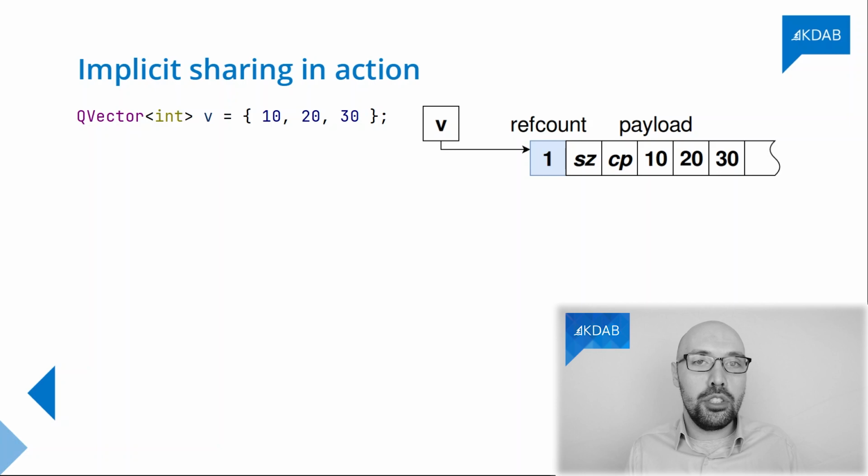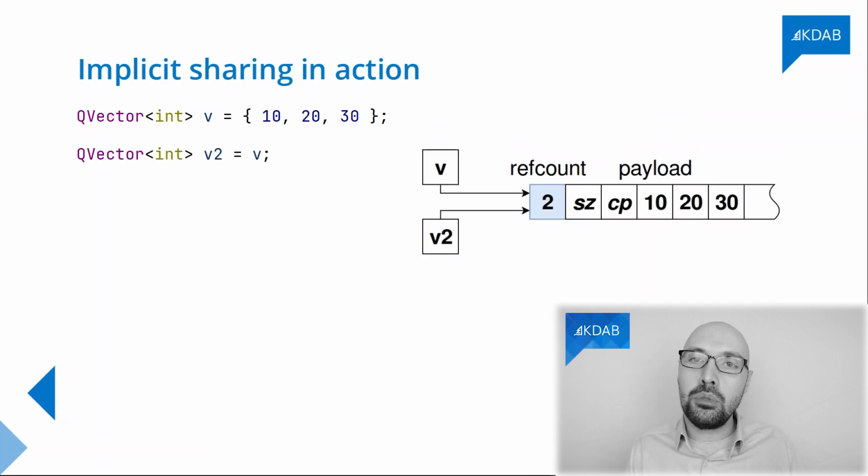So now what I'm going to do is to manipulate this vector a little bit. The first thing I'm going to do is to take a copy of that vector. I'm creating a vector called v2, and I'm building it, that's not assignment, that's construction from v. So copying v into v2 is an extremely cheap operation, unlike standard vector. QVector, all it does is it follows the pointer pointed to by v, it sets the same pointer into v2, and it increments the reference counter by 1. So it was 1 before, and now it's 2. That's all a copy entails.